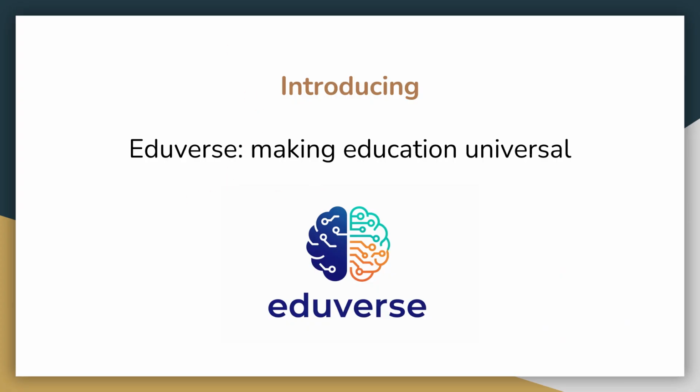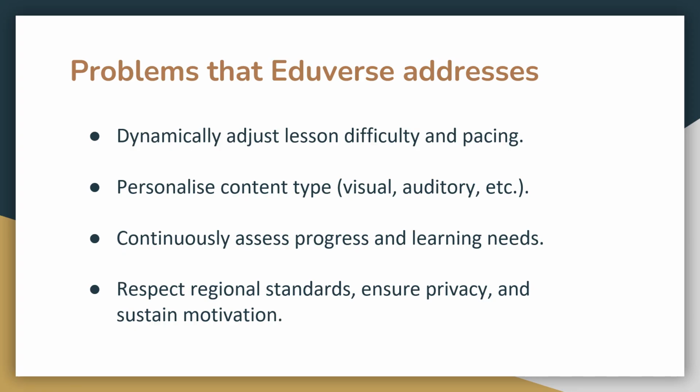So, Eduverse has a key underlying principle that since no two students are the same, why should lessons always be the same? So Eduverse essentially adapts the lesson difficulty dynamically, personalizes content using visual, auditory, and kinesthetic means, continuously assesses progress and learning needs, and also is modularized, meaning that teachers can simply drag and drop topics in to create